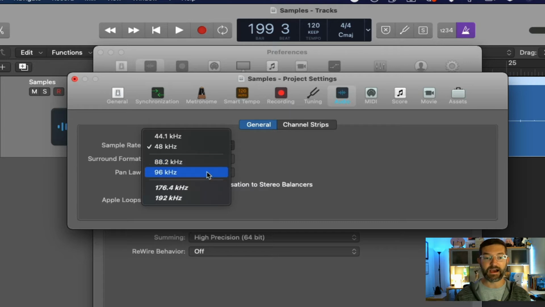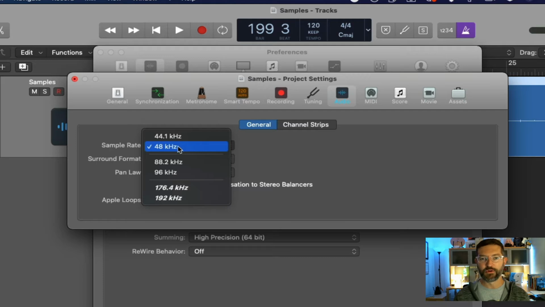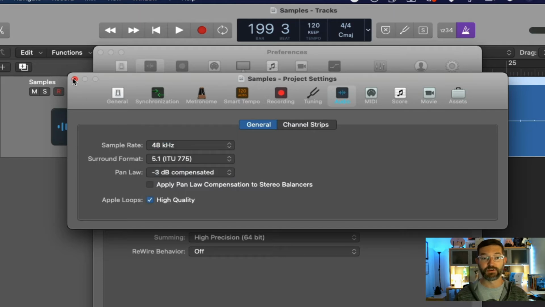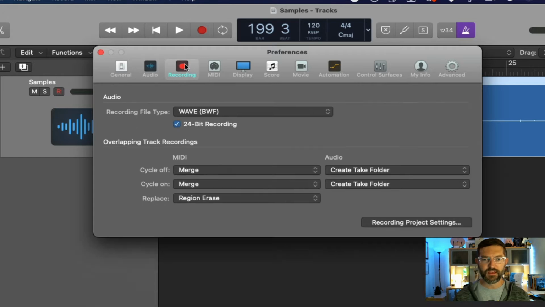And again, I don't know why we would ever want to do that. We might want to record at 96 kilohertz. And again, I think for our purposes, we're not going to need to mess with that too much. As a general rule, 48 kilohertz is going to work well for our projects because most of our projects are audio video related. When it comes to audio recording settings, we do want to make sure that we have 24-bit